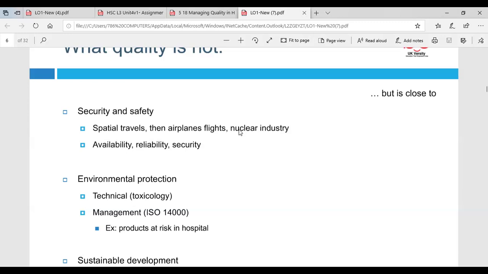Environmental protection, again, talking about different products that are at risk in the hospital. So there are different products that need to be out of reach of the public, so that, let's say, there's a threat of radiation, and people only with a certain disease, let's say they're going through chemotherapy, going through that radiation therapy, only they're allowed in those